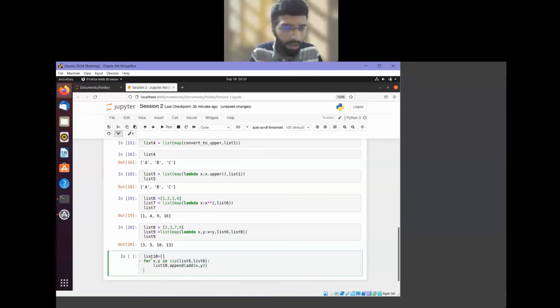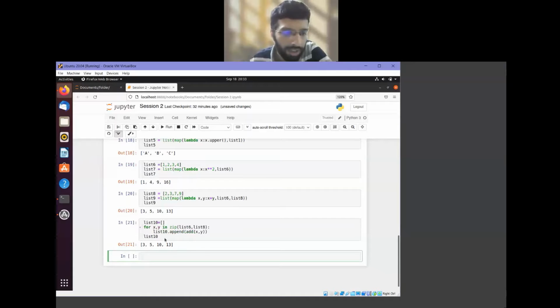Then I print list 10. This in line 21 is how we can implement the addition of two integer lists using the add function that we defined earlier.